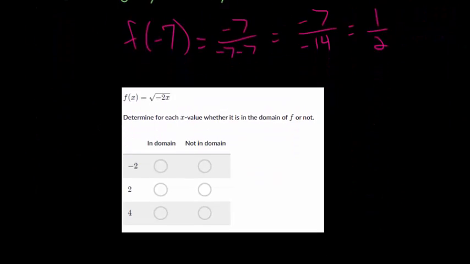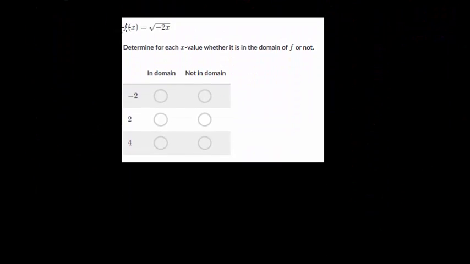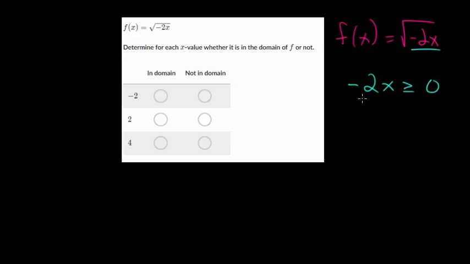And let's do one final problem where, again, we have a square root. And what we could do is start with our function and just say whatever is underneath the square root has to be bigger than or equal to 0. So we can say that this whole expression here, this term minus 2x, has to be bigger than or equal to 0. So minus 2x has to be bigger than or equal to 0. And then we want to solve for x, so we divide everything by negative 2. But remember, when dealing with inequalities, if you divide or multiply by a negative number, you have to flip